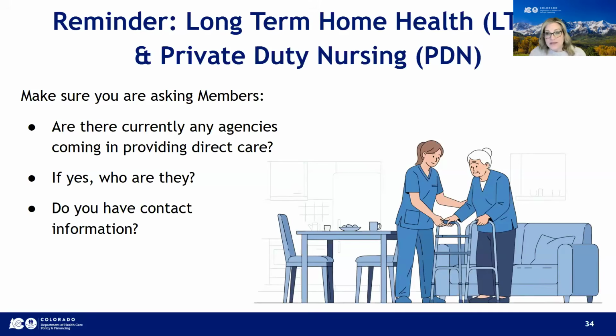You want to work with them to see if you can get the contact information for that agency so you can do some coordination with the agency and ensure that there's no duplication of services from what you're intending to authorize under personal care, homemaker, and HMA with what they might already have going on under long-term home health or private duty nursing or other skilled care. Go ahead and attempt to contact that agency. Maybe you get their 485. Do your best here to get this information because we want to ensure that you're not authorizing services in a duplicative manner.